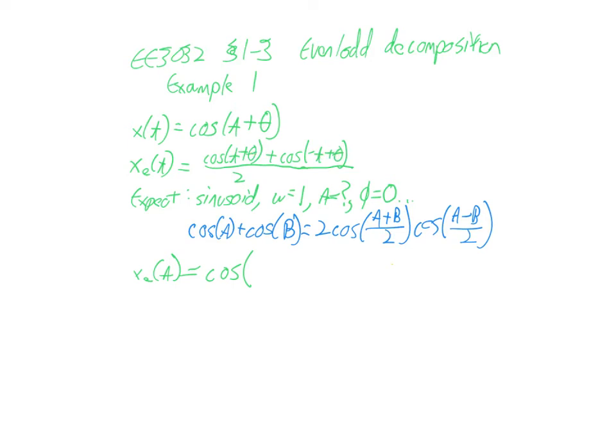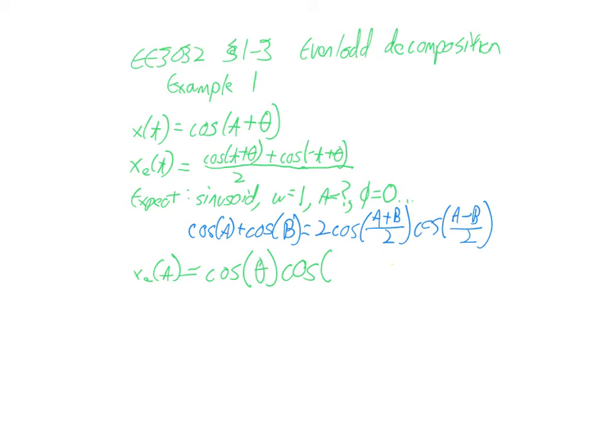So those are the steps. Whoops, 2 thetas divided by 2, so just theta. And then for my next one, it says I have the first angle minus the second angle divided by 2. So I take the first angle, t plus theta, and then I subtract the quantity